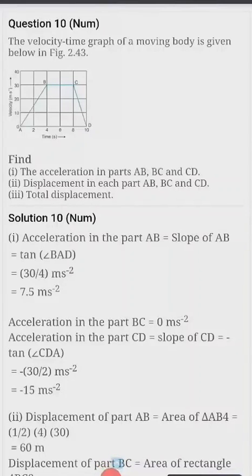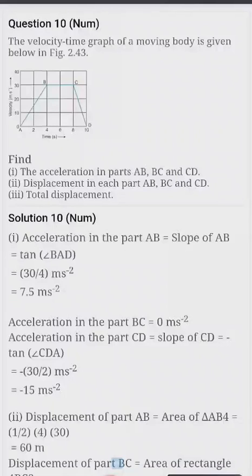We'll continue the second chapter. This is exercise 2b, question number 10. The velocity time graph of a moving body is given below. You need to find the acceleration in AB, BC and CD, displacement in each AB, BC and CD, and the